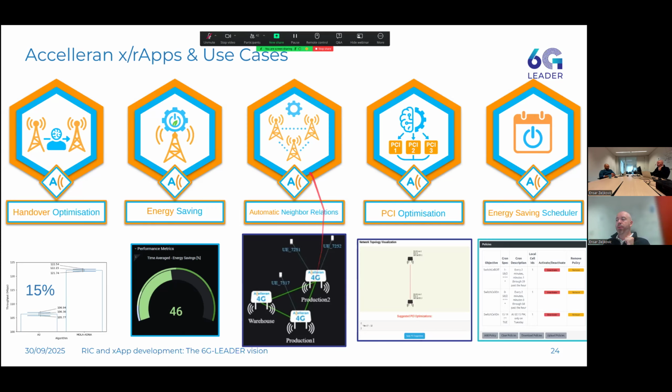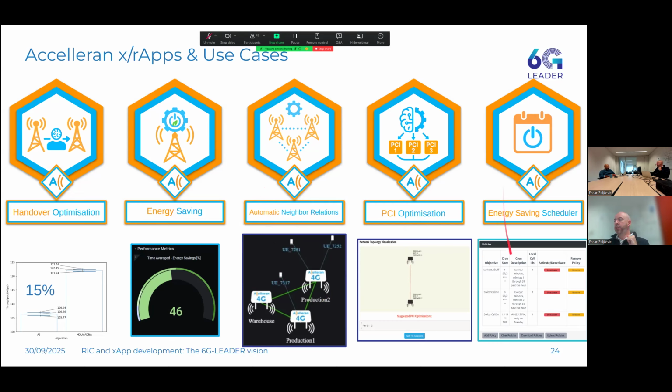And this was kind of input to the PCI optimization xApp, which basically looks at who's neighbor to who and tries to optimize the PCI allocation of every cell, in order to mitigate any PCI issues such as collisions and confusions. So as you can see, you don't need one xApp that does the whole job, right? In our RIC, functionalities can be spread across multiple xApps, where you can have xApps that just analyze the data and produce added value, so some new data that can be utilized by other xApps, while some xApps are more the actual algorithms and optimizations that run on top of the RIC.